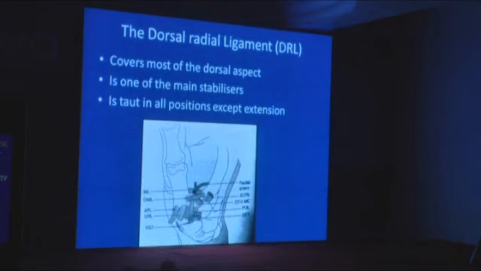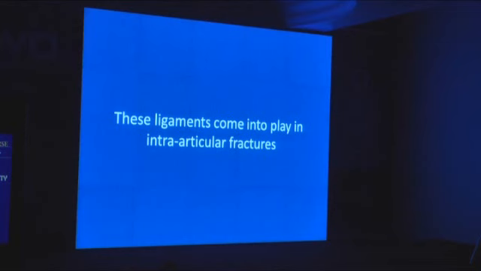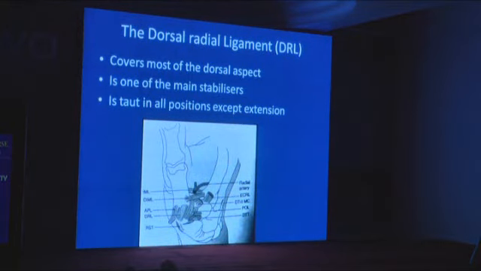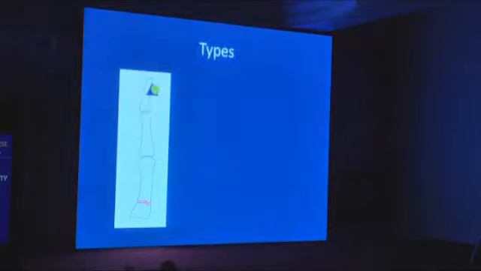Also, the radial artery comes very close to this joint as it courses from the volar side towards the dorsum and into the first web space. So these are the things that keep you from, and I forgot to tell you about the branches of the superficial branch of the radial nerve, which are the most irritating things that can come in your way in that area. So all of this comes into play when you have a fracture.